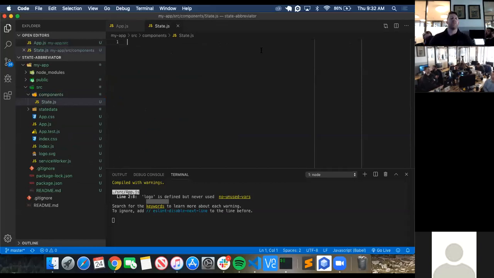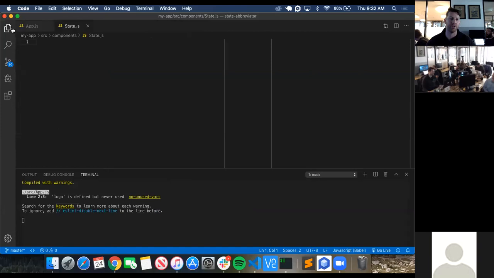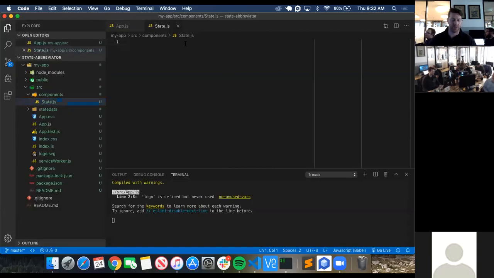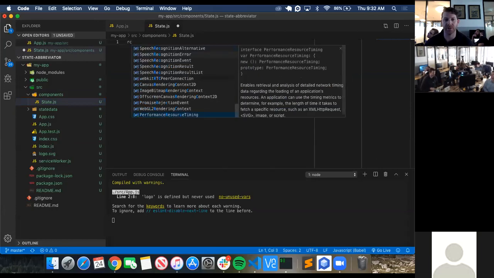So in your extensions, this is kind of off topic, so I'm going to show you something real quick. If I do RCC, this menu comes up. It gives me a bunch of options: create a React class component, module system, code snippet. If I go down, we have create a class component. If I just do RC,